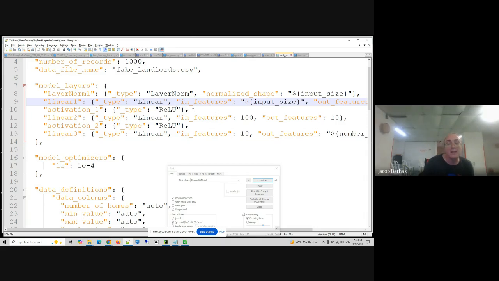you get the data in. And notice that I have things like $input size. This is something that you'll see later. I put in some things to make it easier for us to design the neural network without changing the code. You just design the configuration file. It's something I do many times. It's easier because then you don't have to change code. You can go to the configuration file, change a few things, and all of a sudden you have it all working with the same code. The important part is you have activation layers, ReLU.